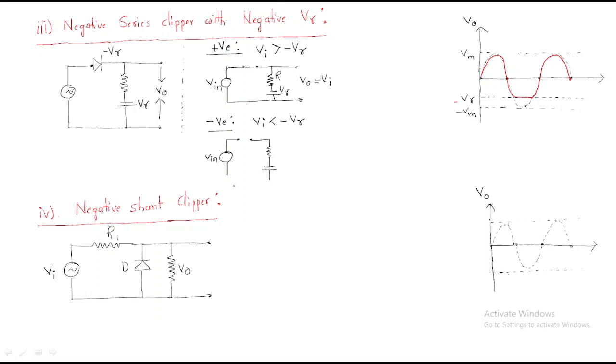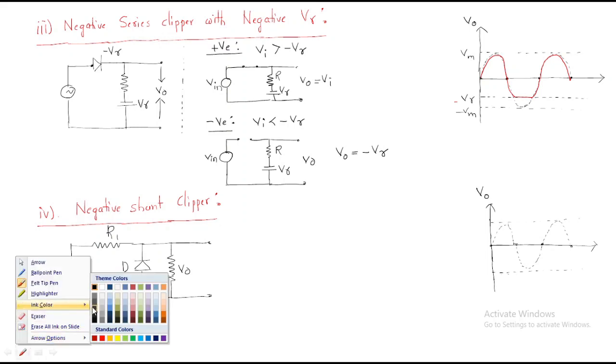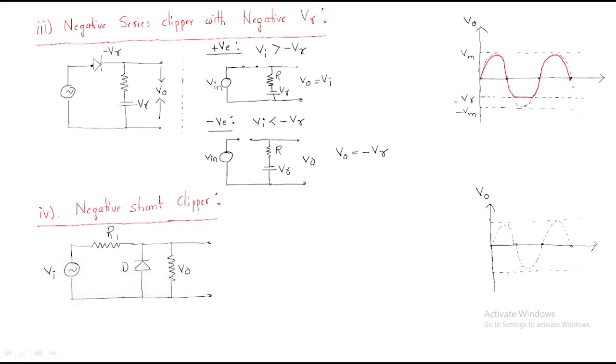Don't forget the symbols. Symbols will decide the waveform shaping. That's why don't forget the symbol. The resistor, this is the VR. The total voltage will be dropped here, but the output voltage is this value. Then the output voltage becomes the minus VR. Where is minus VR? This is the minus VR. So the same procedure it will follow up to this short and the minus VR. Understand?